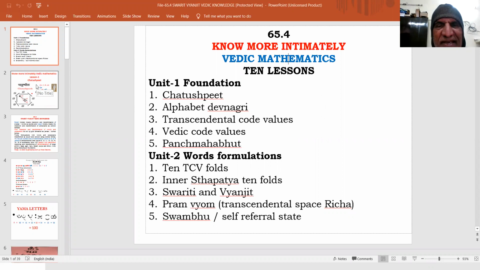Welcome, sadhkas. We are learning to be intimate with Vedic mathematics values. We are coming nearer the Vedic mathematics domain by being face to face with its foundation of chatushpeet.